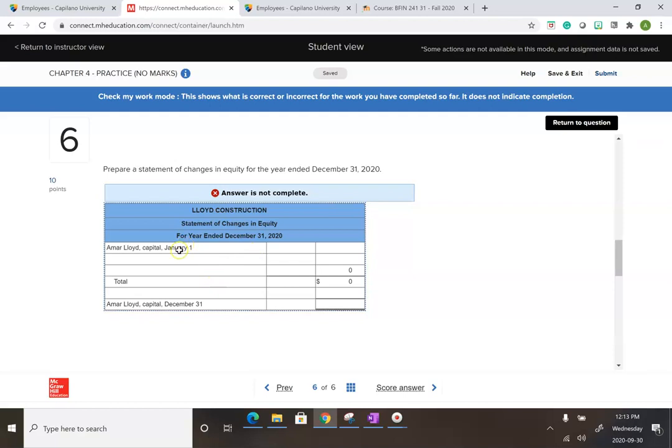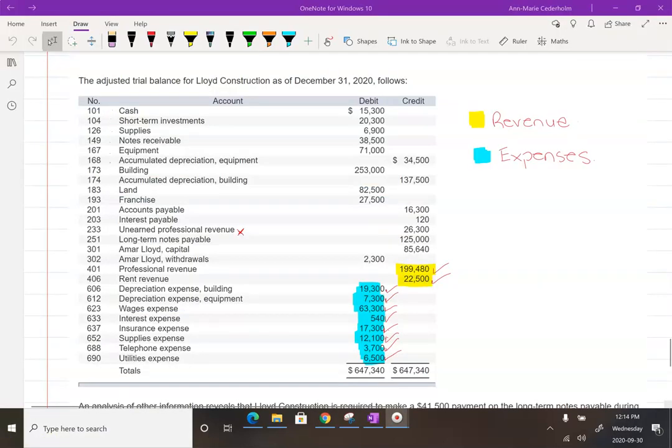Now we have Amar Lloyd Capital, January 1st. Now you don't really know where you're going to get this number from, so I'll tell you. What we need to do is go back to our trial balance. So I'm going to identify the capital as $85,640. So my total capital is